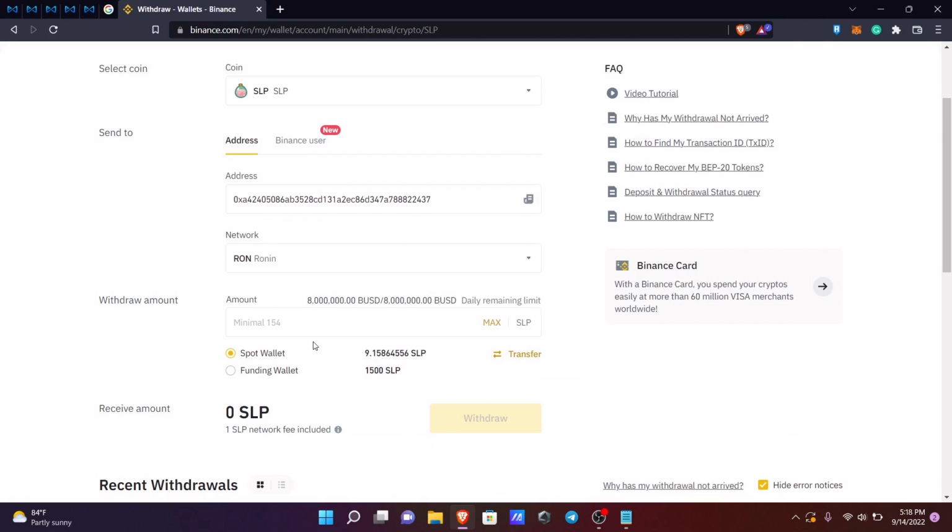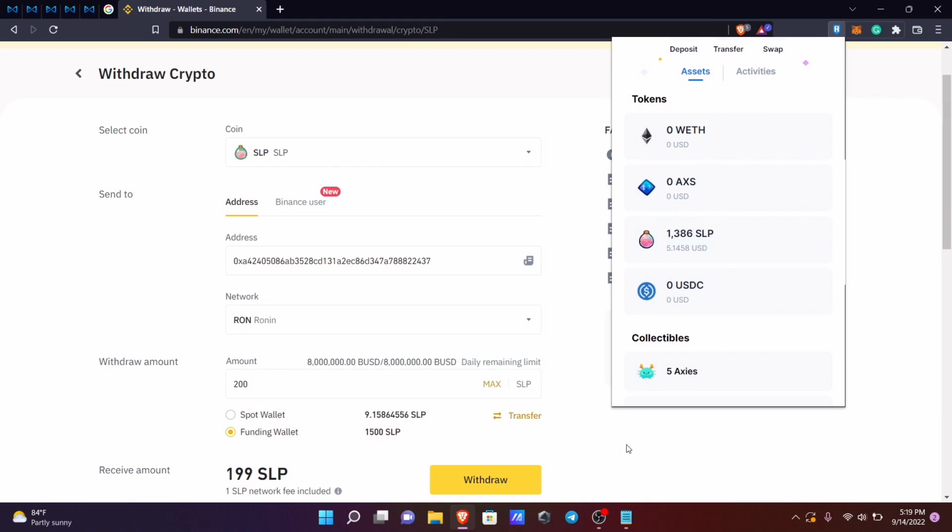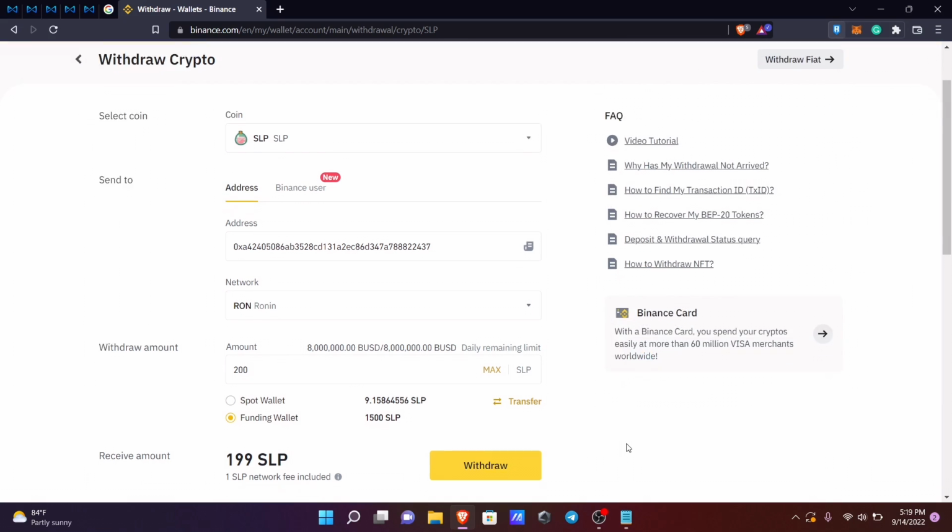Next is to enter the amount. Make sure you select where you want to get the SLP. I will use my SLP under funding wallet. For security reasons, and if it's your first time sending, always do a test amount to confirm that you can receive it. Let me send a test amount of 200 SLP. Click Withdraw